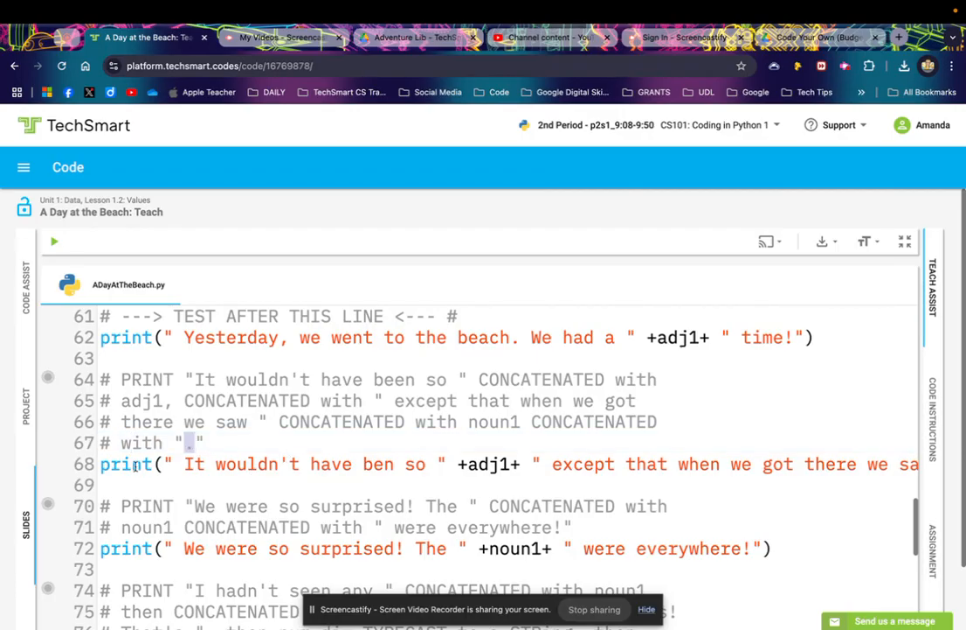So what does that look like? It looks like a very long sentence. That's what it looks like. So let's start at line 68. It starts with print, parenthesis, quotation mark. It wouldn't have been, ooh, I found a typo. It wouldn't have been so, space, don't forget your space, quotation mark, plus ADJ1 plus, that's your concatenation of your